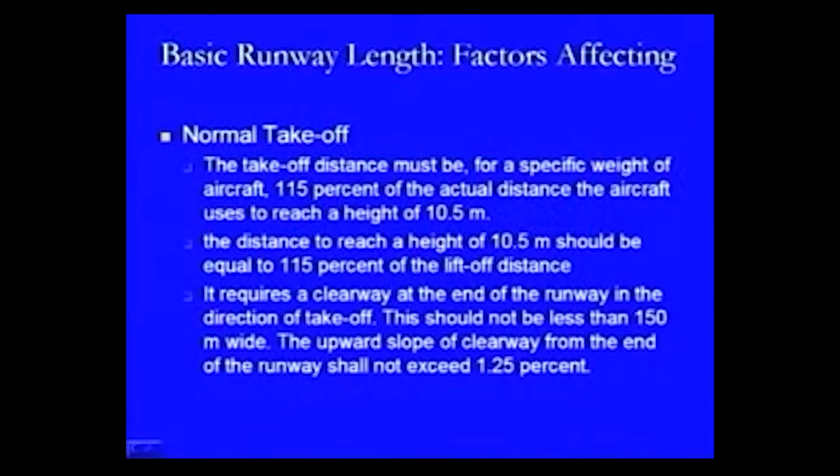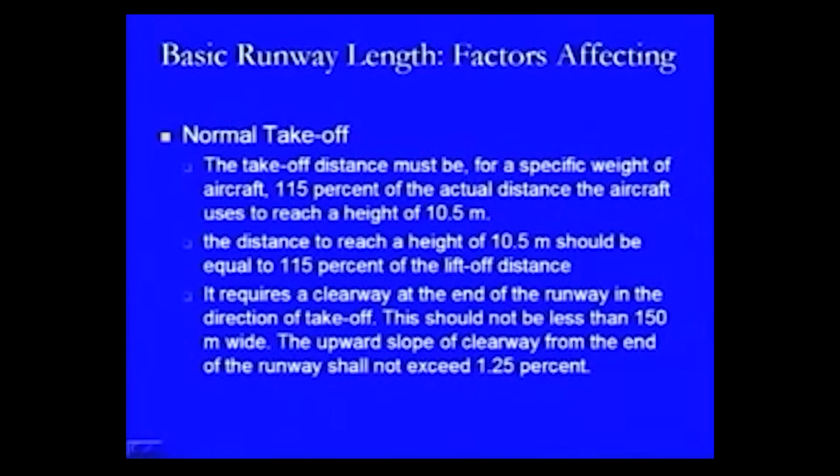When the aircraft is taking off, it should attain a height of 10.5 meters, and whatever distance is moved to attain that height, the length of the runway strip should be 115% of that actual distance, and the distance to reach a height of 10.5 meters should be equal to 115% of the lift off distance,